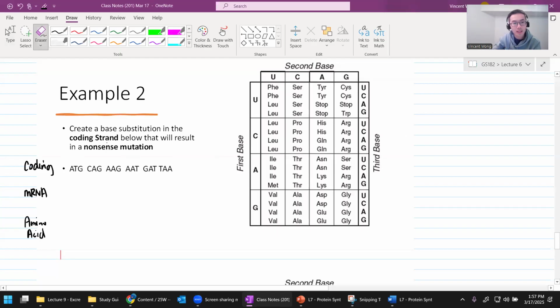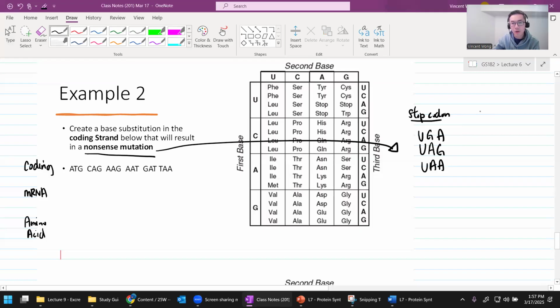Okay, so what's a nonsense mutation? Nonsense mutation means I need to have a stop codon, right? So stop codons are UAG, UAA, UGA. And we wrote it down last time, right? So these are stop codons,